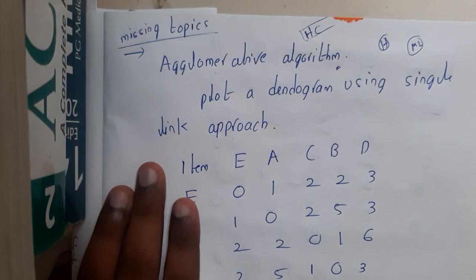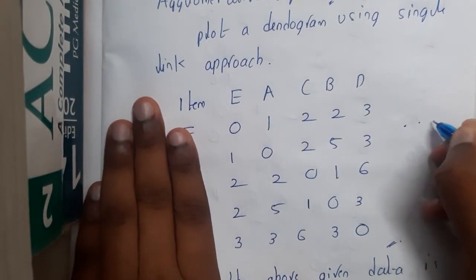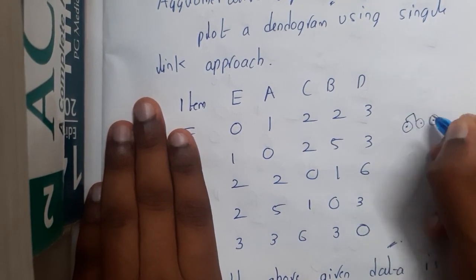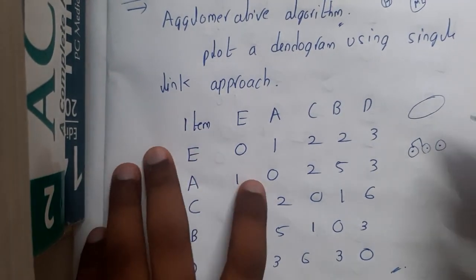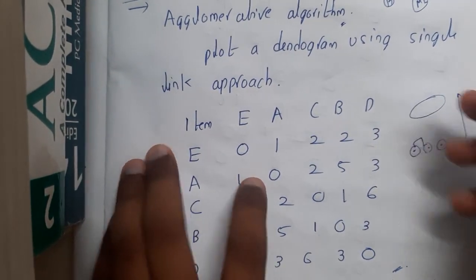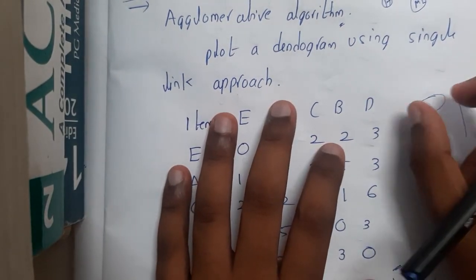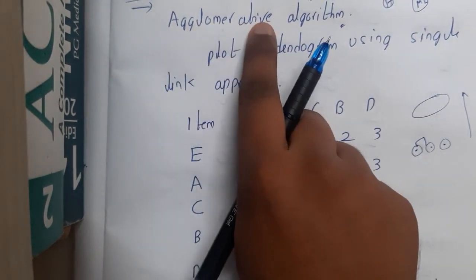So what is this agglomerative algorithm? We start from single clusters, like this is a single cluster, this is a single cluster, this is a single cluster. By combining them, you end up with one bigger cluster, or until some condition is met. This is the concept of many to one: we have many clusters and you end up with a minimum number of clusters. This concept is called the agglomerative algorithm, guys.